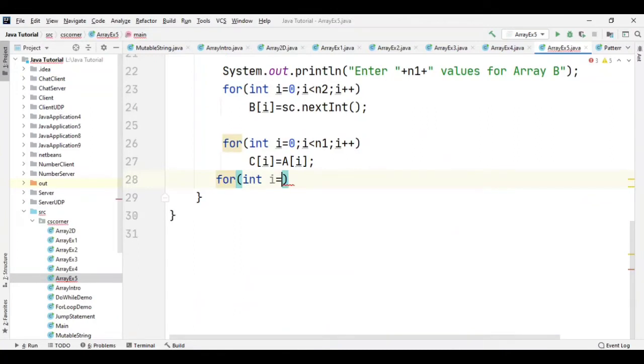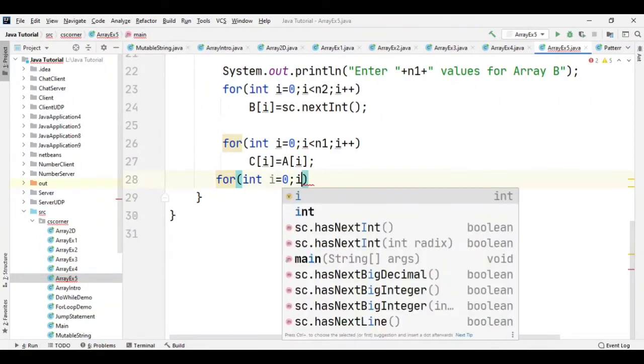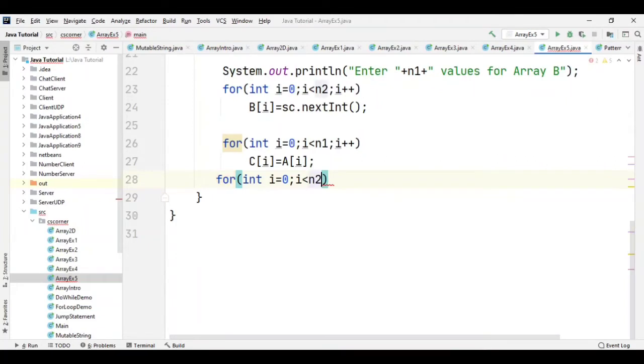Only the condition changes: it should be less than n2, or b.length, that will also work. So i plus plus. After that, what I will write over here, I need a new position for my second array.